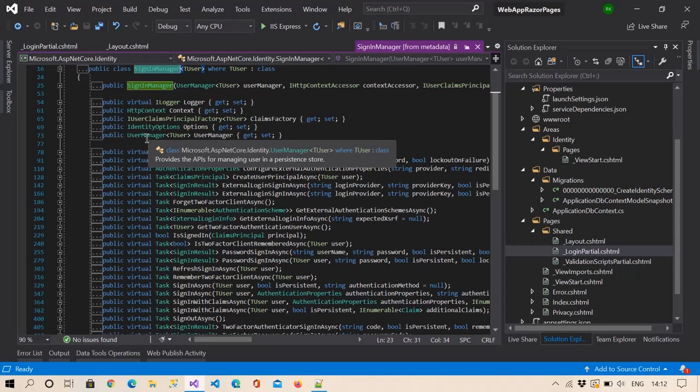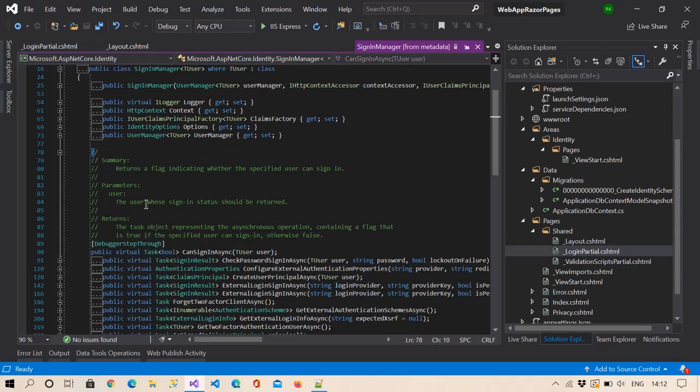You can see it has CanSignInAsync, and we need to pass the user class as a parameter, and it will return a boolean. For the description you can also click here to read the whole description.